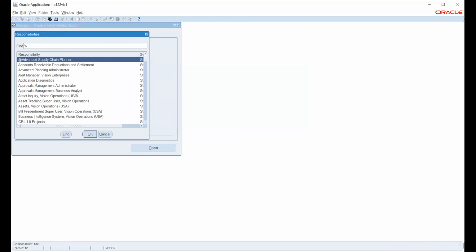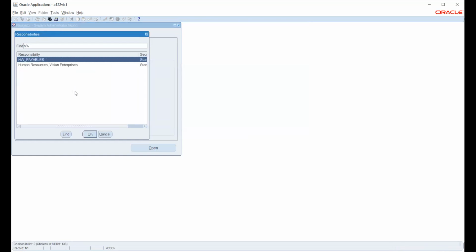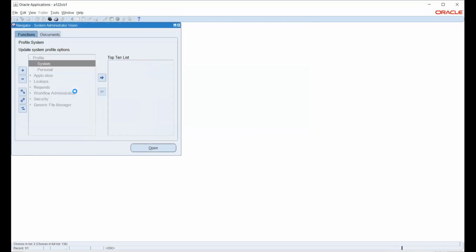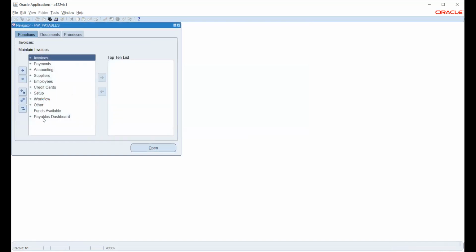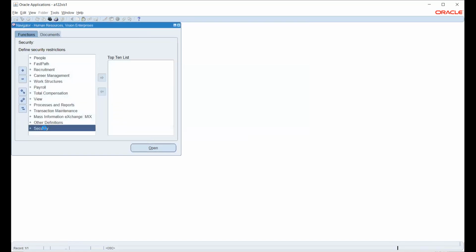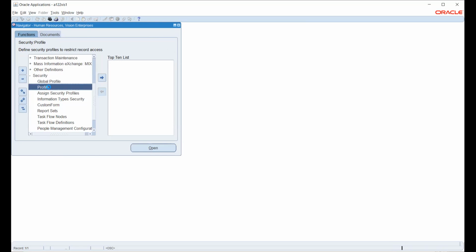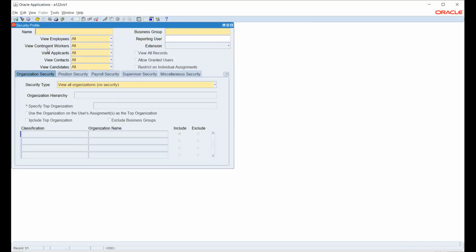We will also create the security profile for this particular responsibility, and we will assign it. So probably after that we can start. This is where basically we will give all our security in terms of multi-org access control. We can see here there are certain components related to HRMS, that is view, employee, and